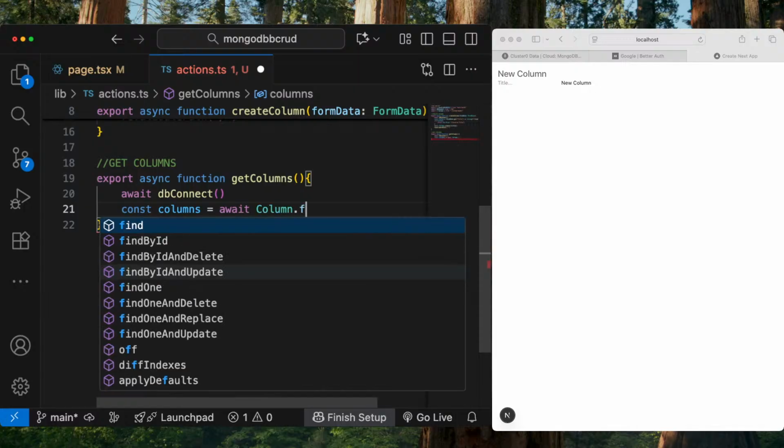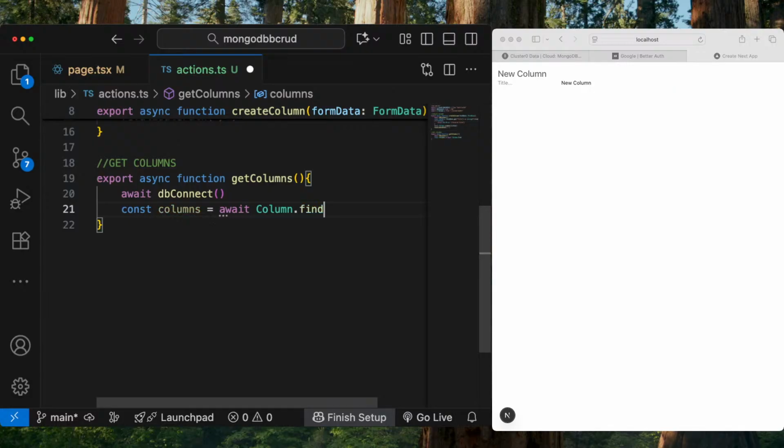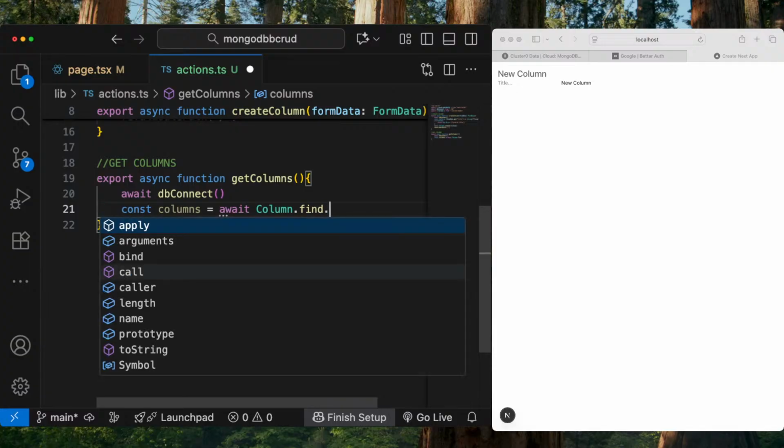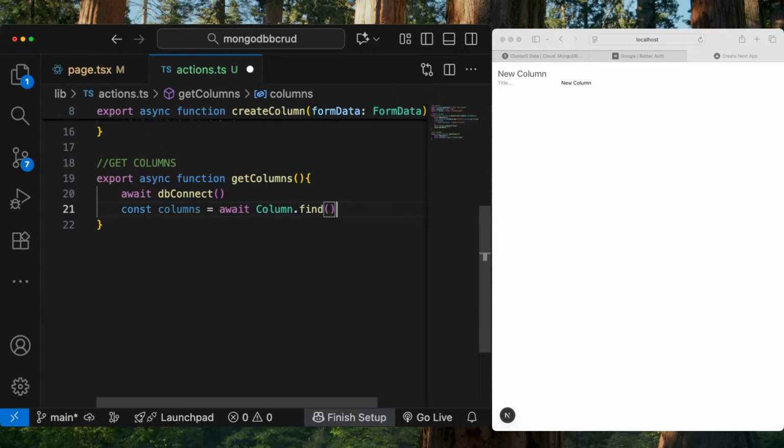And we'll use the .find method from Mongoose. Save this, and then let's just return the columns,